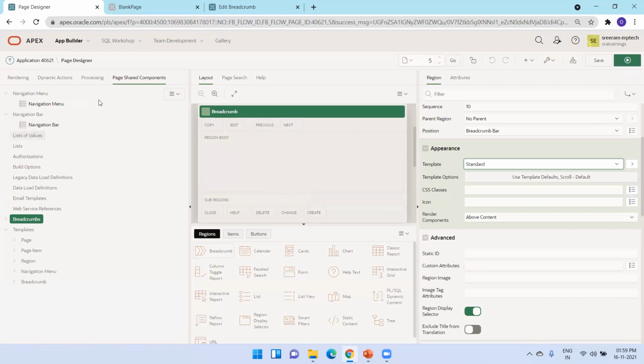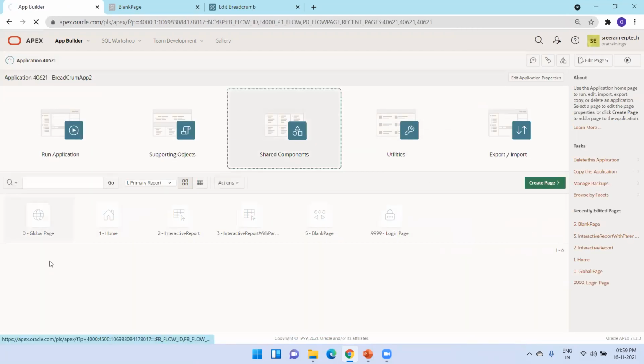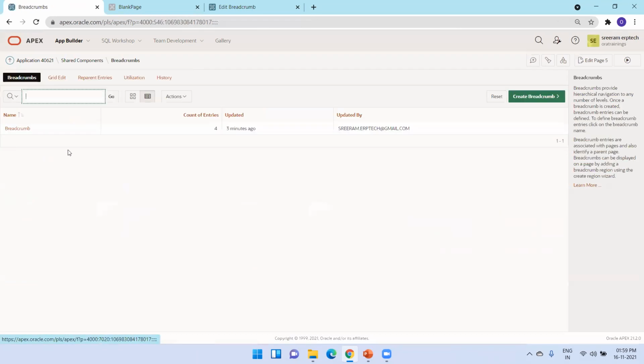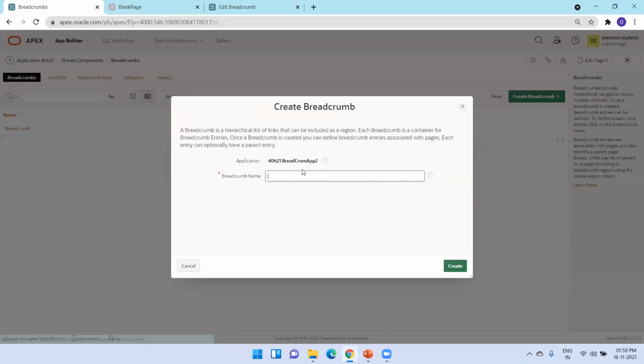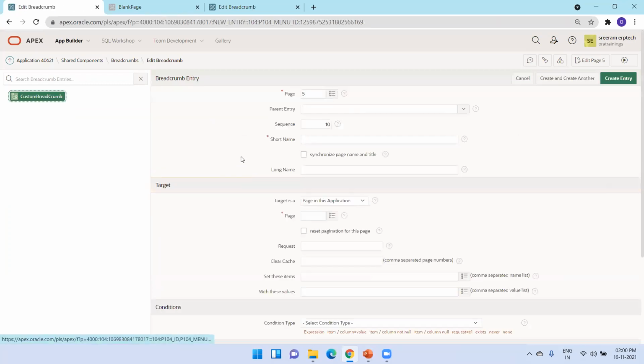As we know, by default, when you create an application, this shared component breadcrumb with the name breadcrumb gets created. Now if you want to create your own breadcrumb component, you can mention custom breadcrumb and create it. Now you can mention the new entries, like the links here.